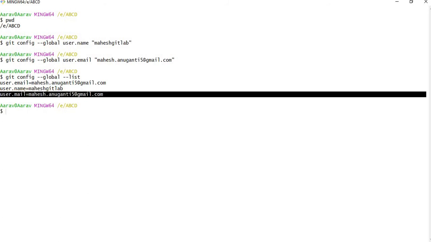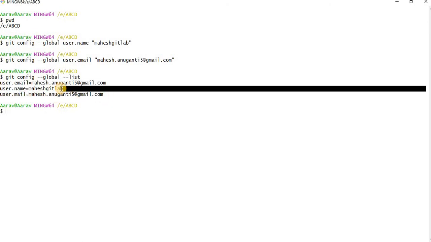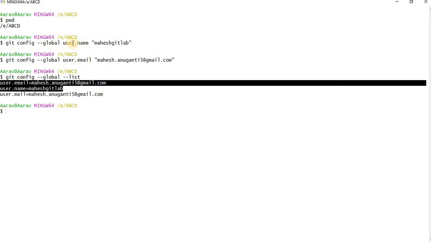Just ignore this line. These are the 2 points I have given now. In your case you will get 2 lines only, because before this session I was into some other execution, and at that moment I had given something like user.mail, so it took that. Ideally you should get these 2 lines only: one is user.name, one is user.email.